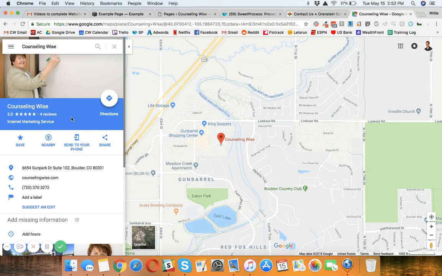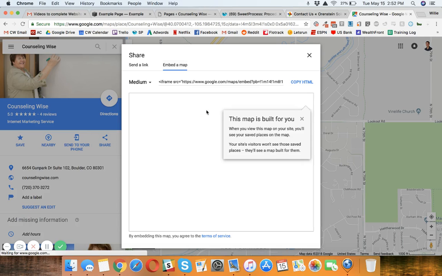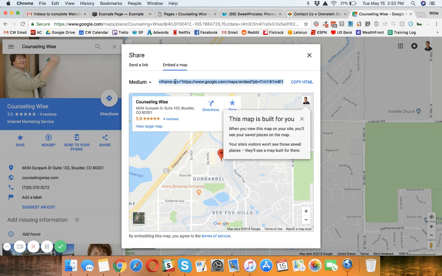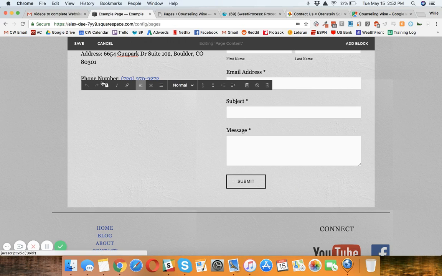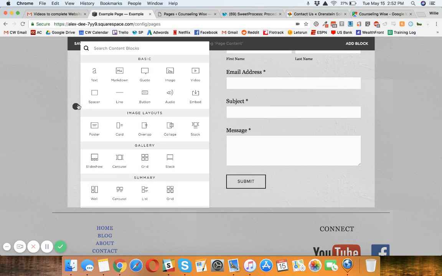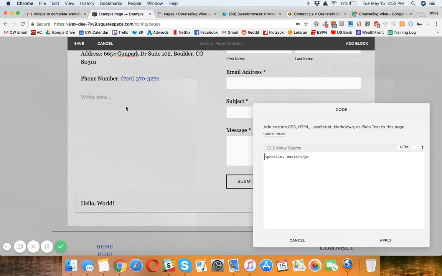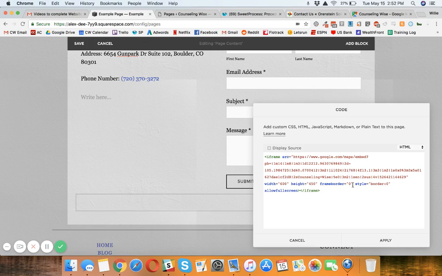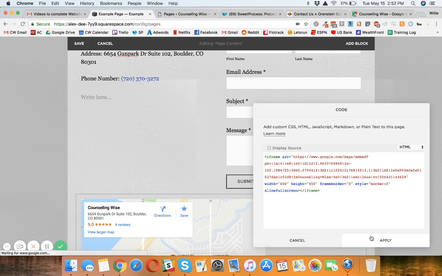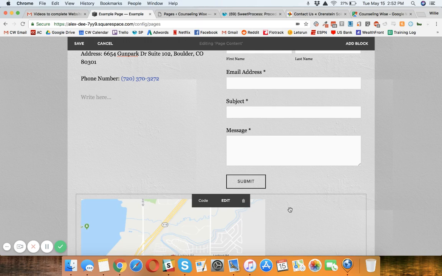So we are on Counseling Wise on the maps. What you want to do is click share, embed a map, and then just copy and paste this code right here. Go to Squarespace. You're going to want to add all the way down to add a coding block, and copy and paste everything. Click apply, and then you just need to